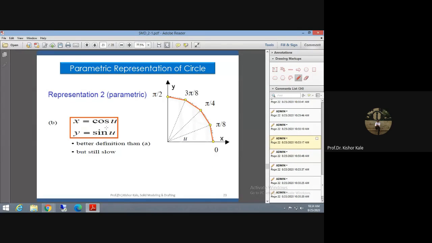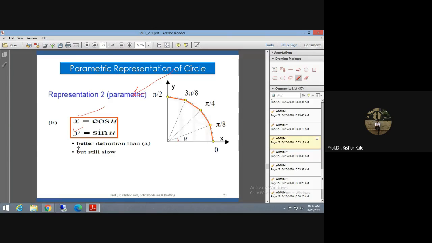Now you see the next diagram. We can write x as cos of u and y as sin of u. It is very simple. Why am I putting x as cos of u and y as sin of u? We vary theta here. Sin theta is opposite upon hypotenuse, and the opposite side gives the y coordinate. Cos is the adjacent, along the x-axis, so we get x.